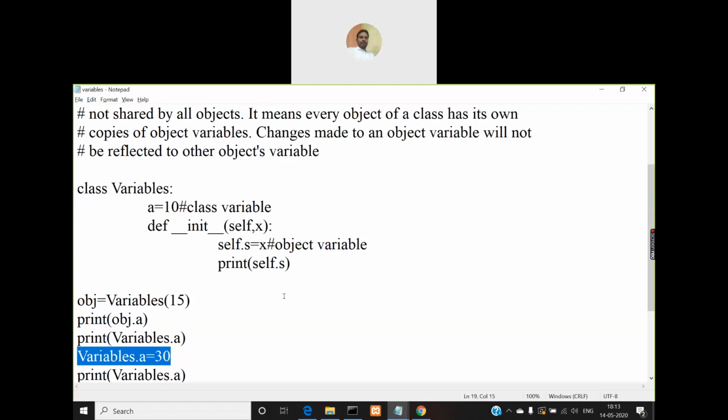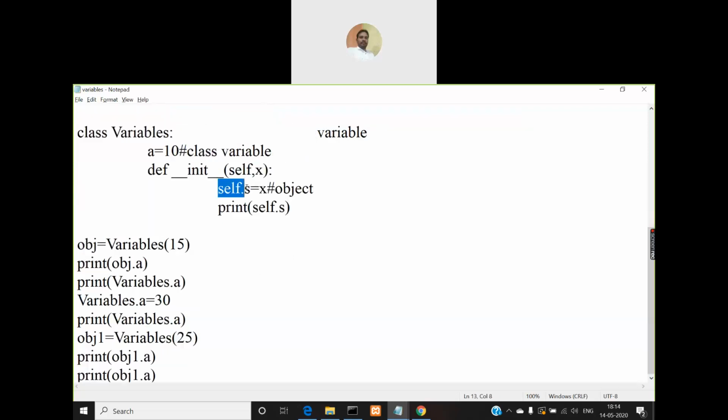Whereas object variables are exclusive to that object only. So if I create obj, it will have its own copy of this object variable s, and similarly when I create obj1, obj1 will have its own copy of that s.